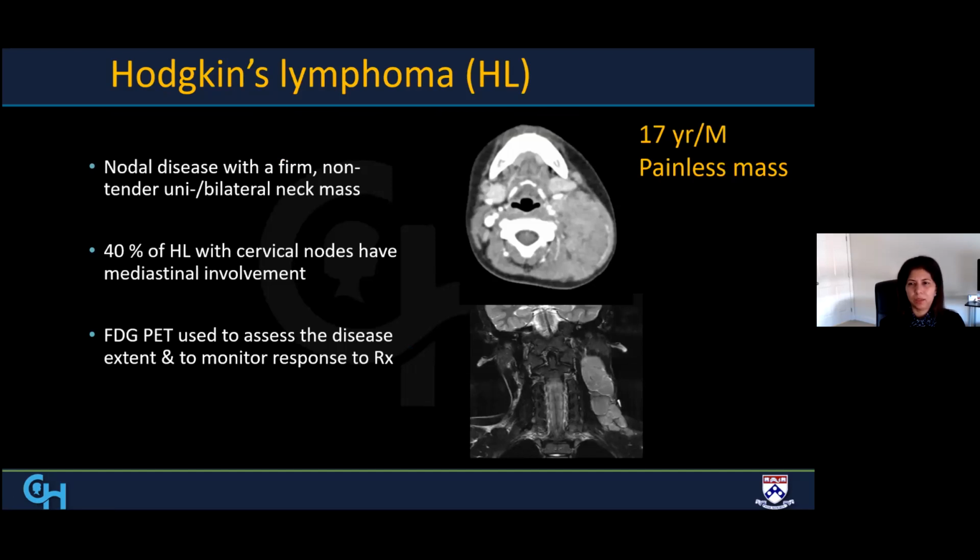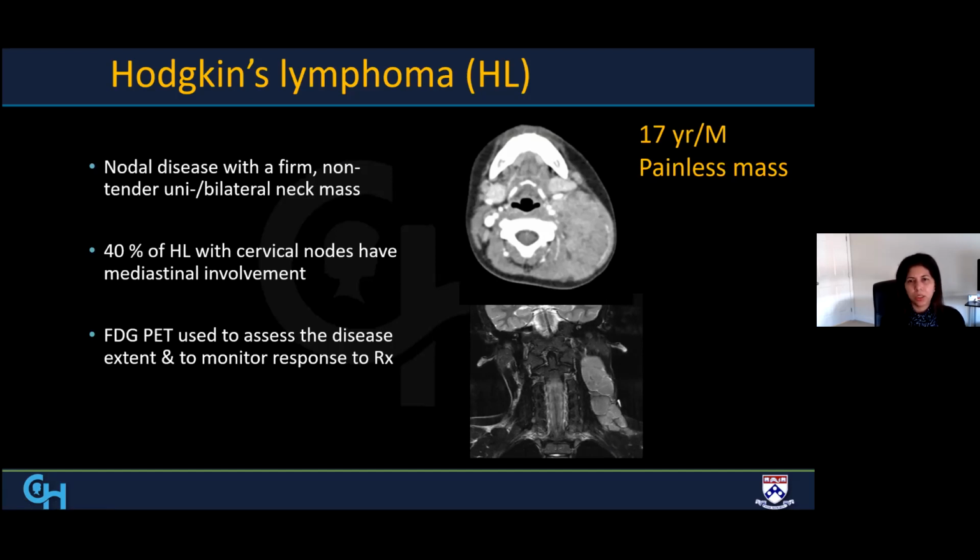And you can see here on the CT scan with contrast, this is the left-sided large, almost like a soft tissue conglomerate of the lymph nodes. And we have an MR here in the coronal plane that shows the lymph nodes, they are all coalesced together, involving the entire cervical chain. And please notice there is no surrounding edema or inflammation, which usually accompanies the inflammatory and infectious etiologies of